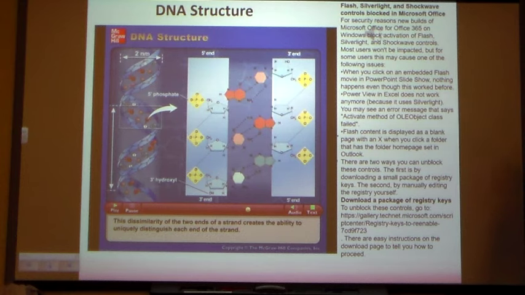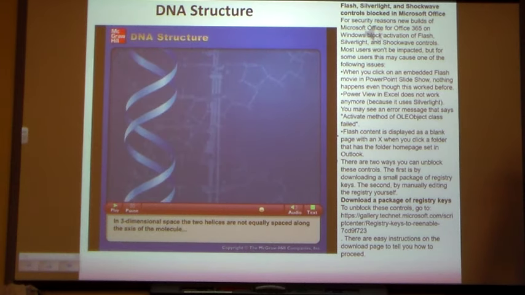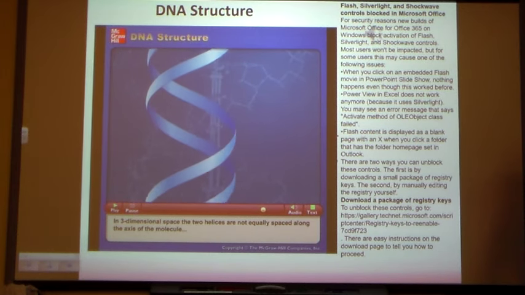This dissimilarity of the two ends of a strand creates the ability to uniquely distinguish each end of the strand. Because of this polarity of each strand, we can see that the two strands of DNA are oriented in opposite directions, or we say that they are antiparallel. In three-dimensional space, the two helices are not